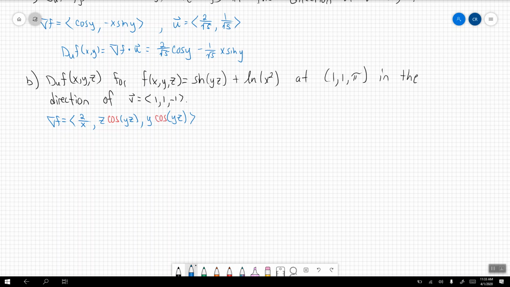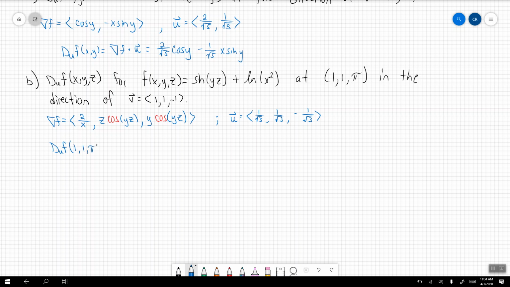Perfect. So now that we have this, we need to find that unit vector. Let's go ahead and calculate it. We have 1, 1, negative 1, so the magnitude is root 3. So that unit vector is just 1 over root 3, 1 over root 3, and negative 1 over root 3. Nice. All we need to do for this directional derivative is evaluate it at the point